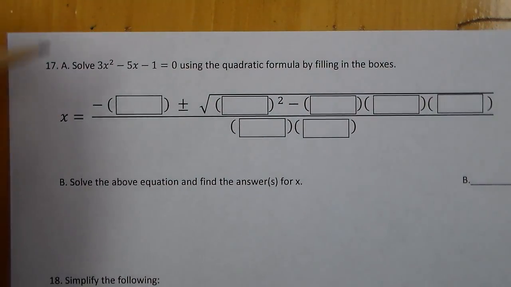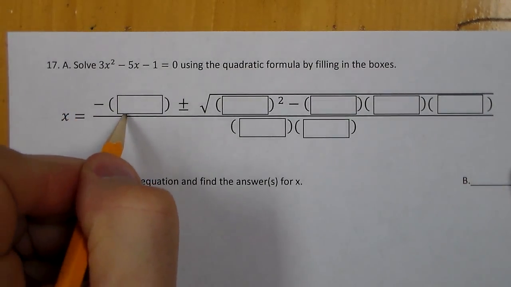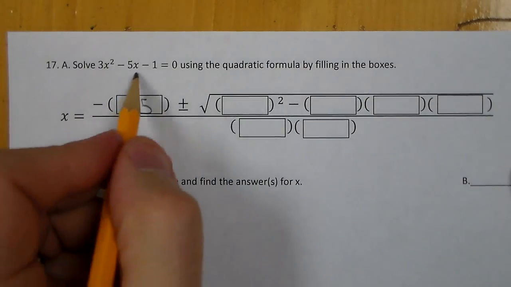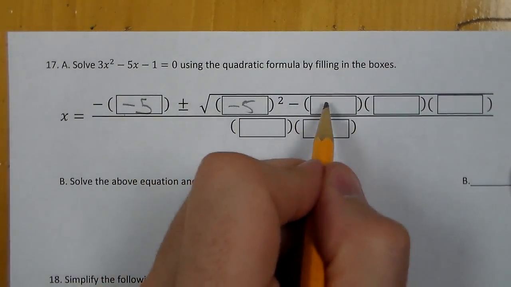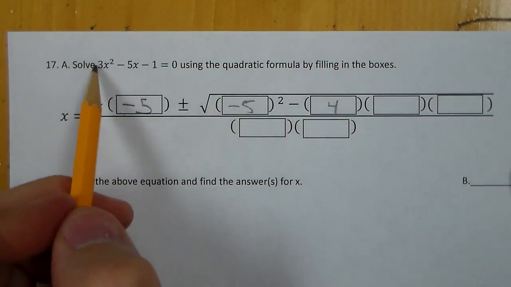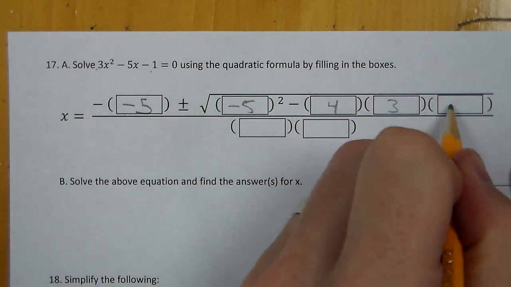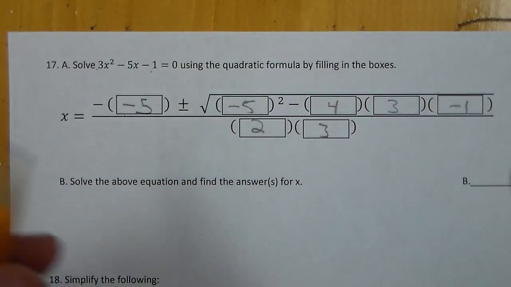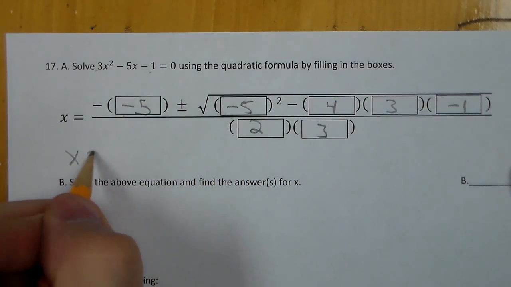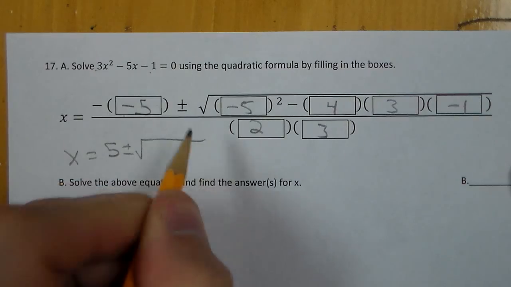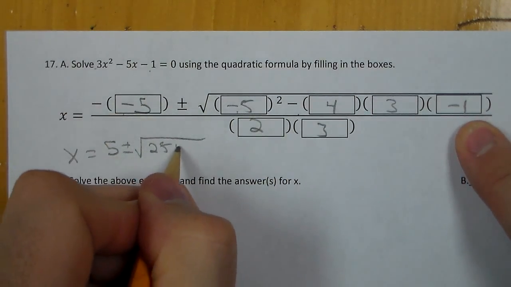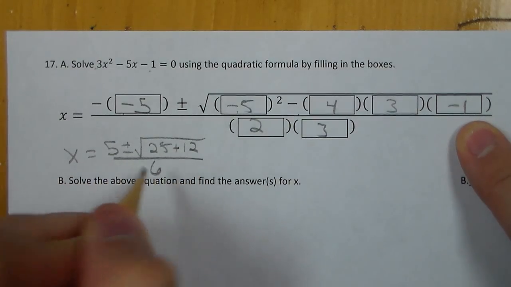For 17, we're going to plug in our parts to the quadratic formula and then solve from there. So the first term is -b. That's going to be a -5. B squared, that's also a -5, minus 4, just the constant, a times c, 3, -1, over 2 times a, which is 3. So now to solve, it's going to be 5 plus or minus 25. This is minus minus, so it's going to be a plus 12 over 6,